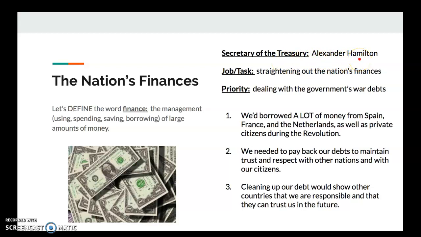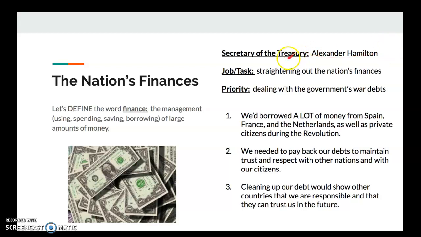Snap your fingers if you've heard of Alexander Hamilton before. I think all of you probably should have. If you're a big fan of $10 bills, you definitely know who Alexander Hamilton is because his portrait is on there. He's also the subject of a musical on Broadway that I think tours around the rest of the country now too. Up until that musical was released, he was most famous for being on the $10 bill, but now he's got a whole new generation of fans.